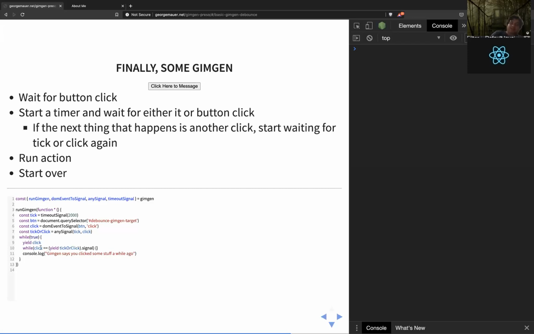And if the next thing that happened was a click, then we're just going to stay in the state. We're going to chill out in here. We're not going to do anything there. But once the next thing that happens is not a click, so a tick, then we're going to go ahead and log some stuff out. 1, 2, 3, there you go.